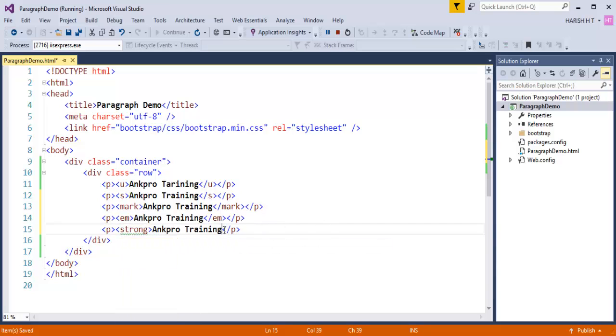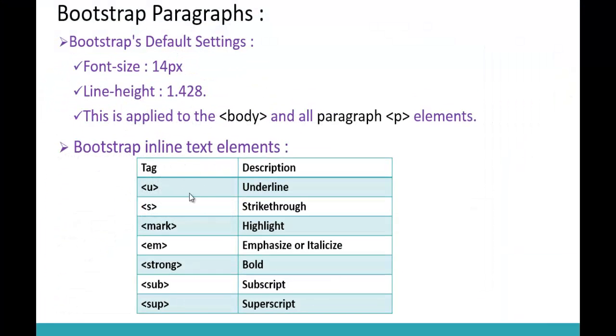Let me come here and let me close the tag. Okay, and these are the tags, these are the inline text elements. We are seeing right now these are the tags which are inline elements. Now if you want to make your text underline, strike through, highlight, emphasize and bold, we have done a